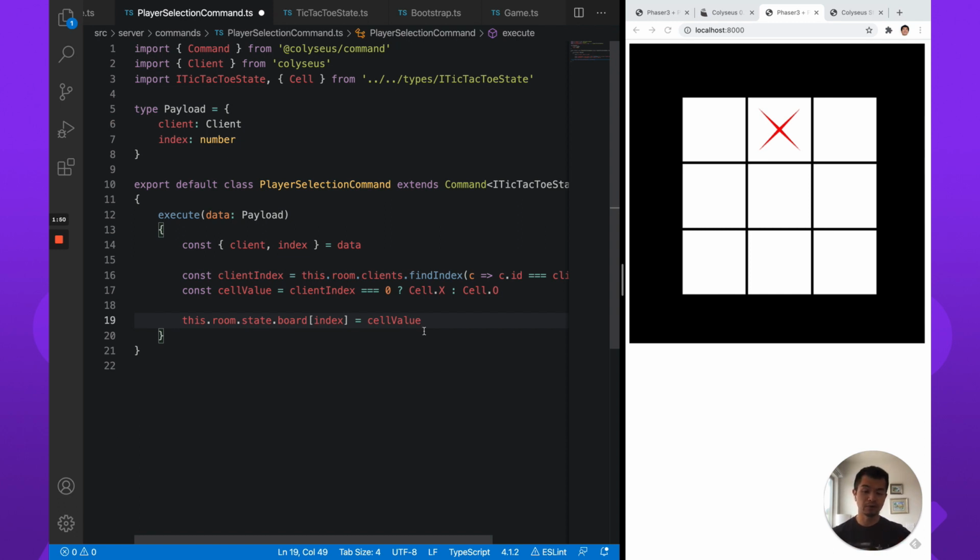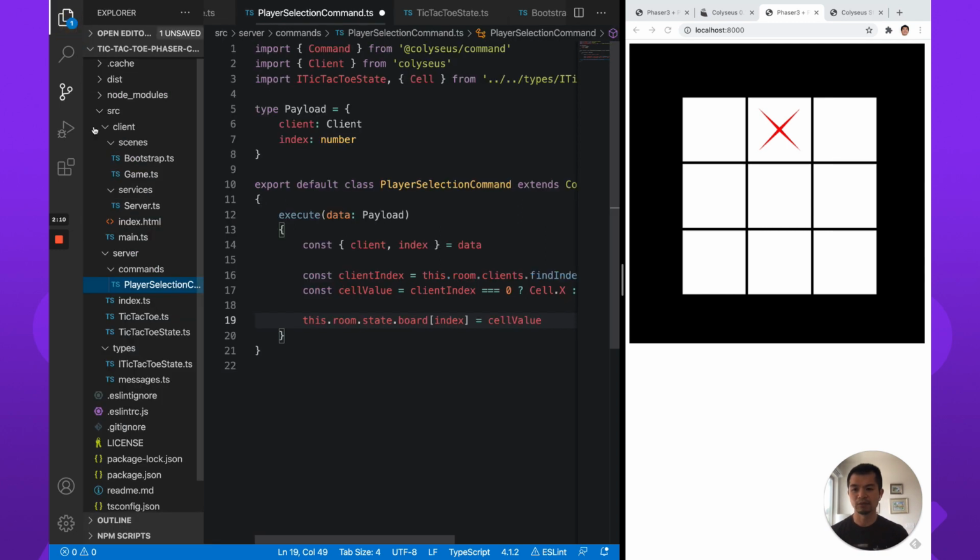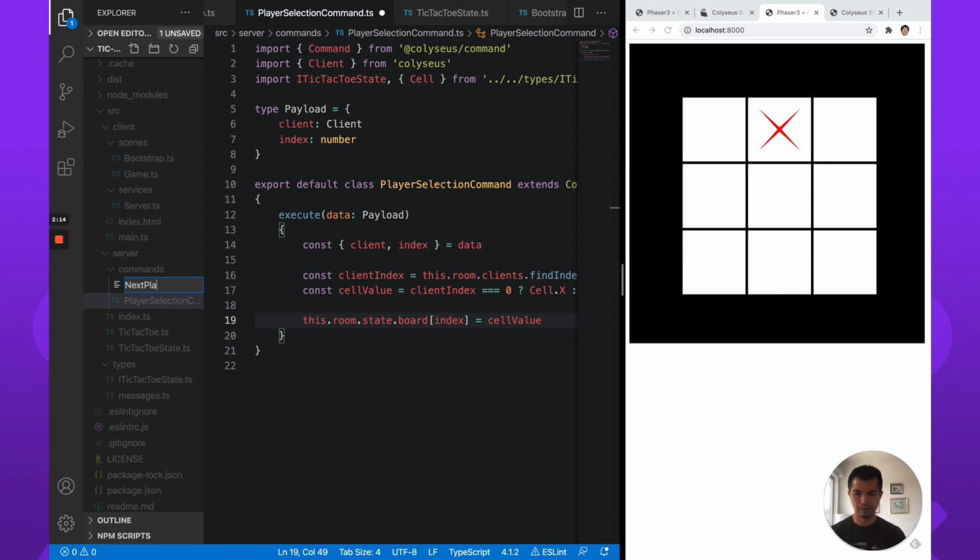And then on the front end, the client side, the Phaser game part, we're going to disallow you to go if you are index 0 and the current turn is 1, and in the other case, if you're player index 1, and it's the 0 index player's turn, you can't go. So first, let's just make a new command here. Let's call it next player turn command, maybe next turn command,